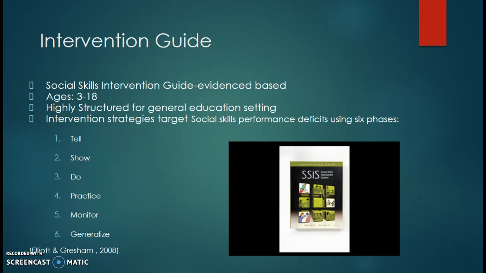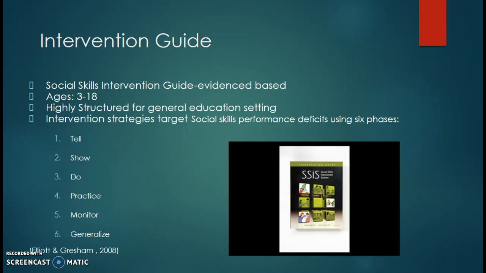And then the monitor phase, obviously everyone wants to progress monitor. We're going to monitor it based on the goals that we come up with collaboratively in an IEP session, but we can use our assessment tool to guide the goals. Then also, in a 3-year time, once they get into high school, we can see if their social skills have increased if and when a reeval is determined at an IEP meeting.